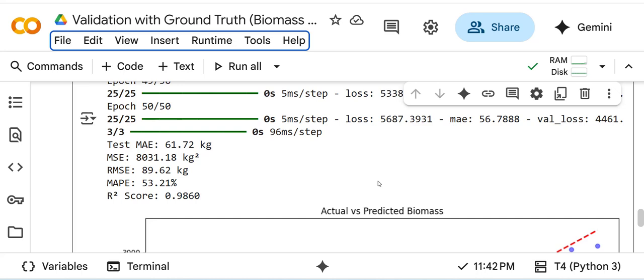The scatter plot shows predictions clustering near the diagonal. The loss plot demonstrates convergence from 0.59 to 4,296.